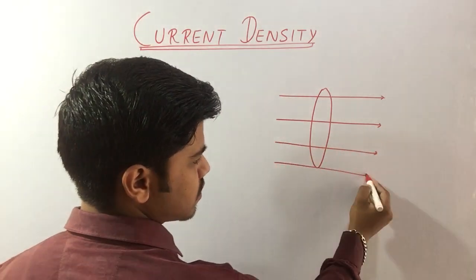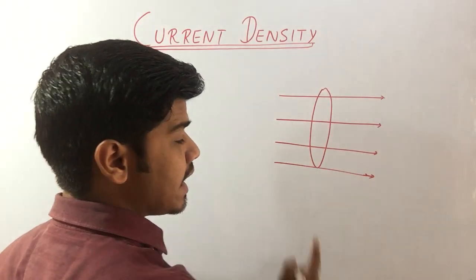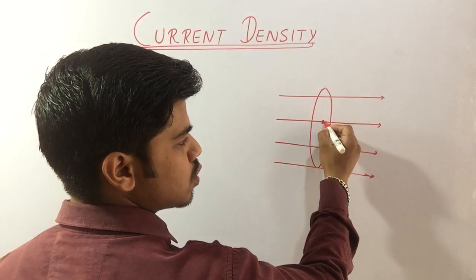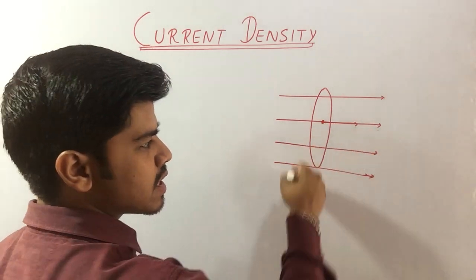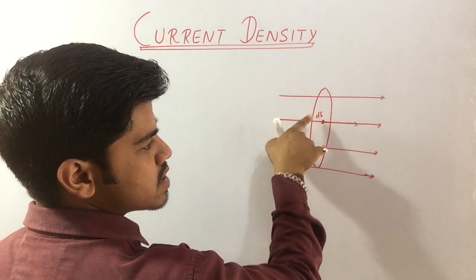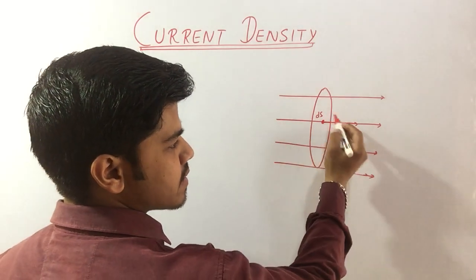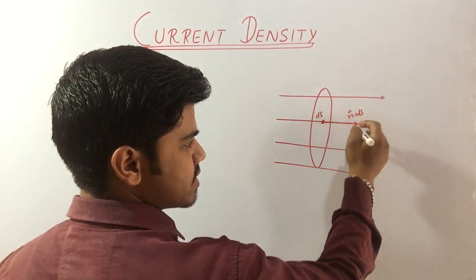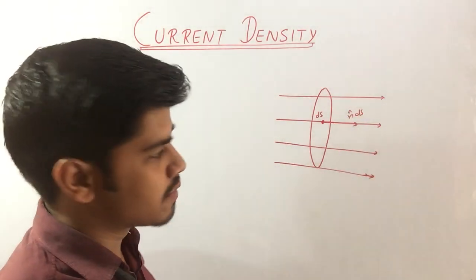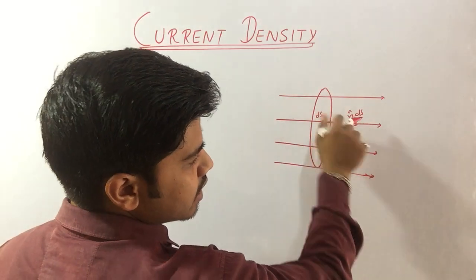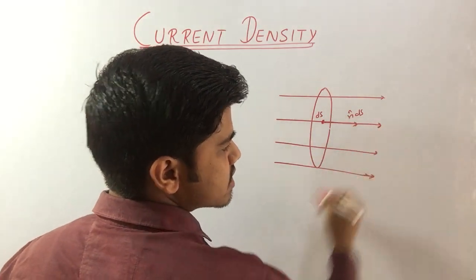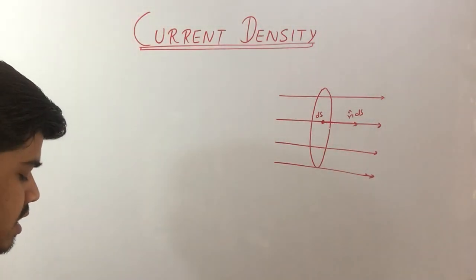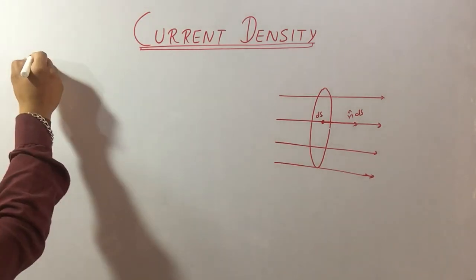This is the direction of current. And area vector, we have to consider area vector which is, as you know, perpendicular to the surface. At any point if we have considered a small surface ds and then applied a normal to it, then this n cap ds is the area vector of that surface. So area vector and current are in the same direction. Now current density will be defined, at a particular instant, as